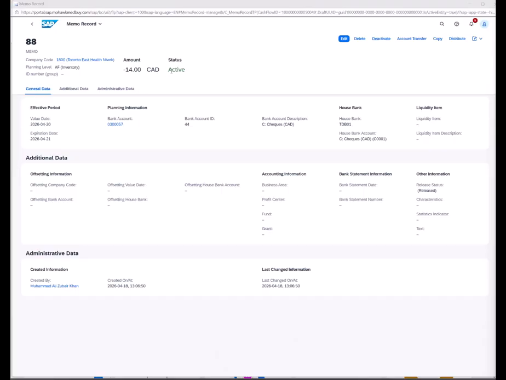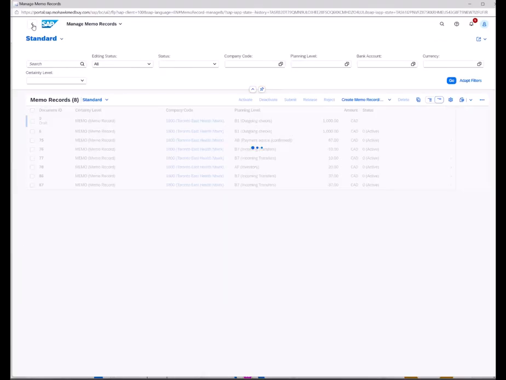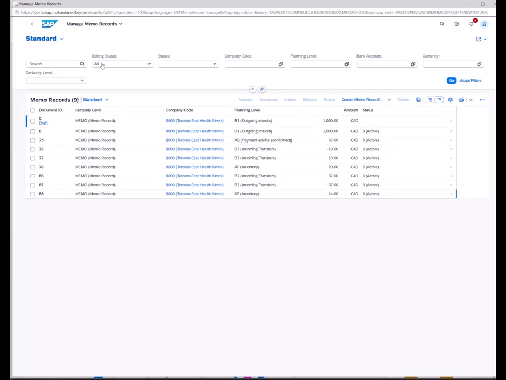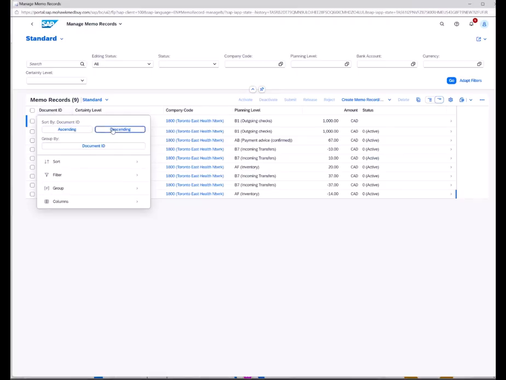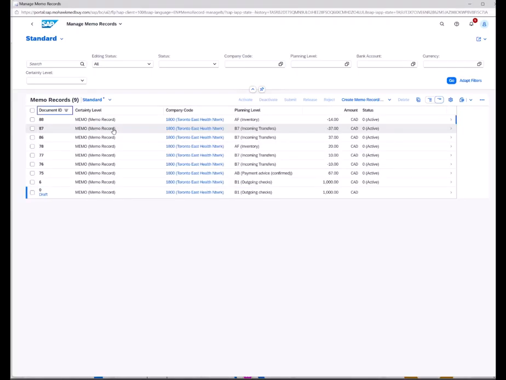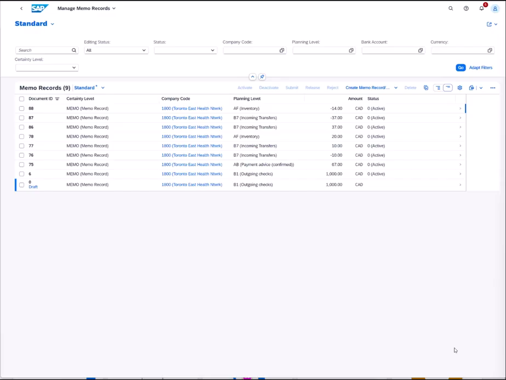So status is active. We go back, and on the main front you can filter out because they're shortlisted, so we can easily identify these two we made. So put the filter like descending. So here we can see all the list of memory cards previously made,